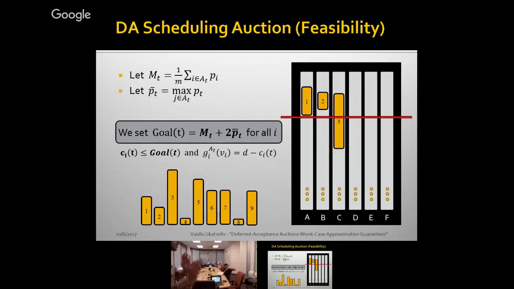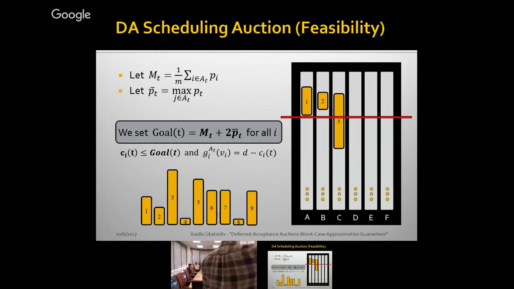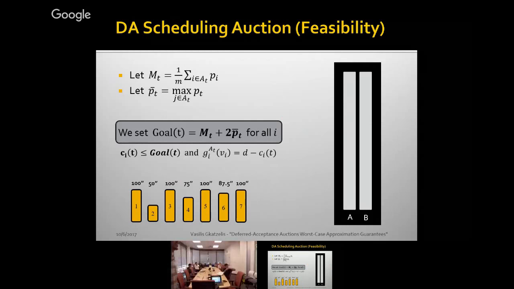But yeah, I don't have enough time to prove these things, but it works, and I'm going to talk about the approximation. Feasibility was what took us a lot of time to prove. It wasn't obvious that this will not keep going too fast, too low for us to be able to pack everything. And in fact, this is tight in some sense. Let me show you in what sense this is tight.